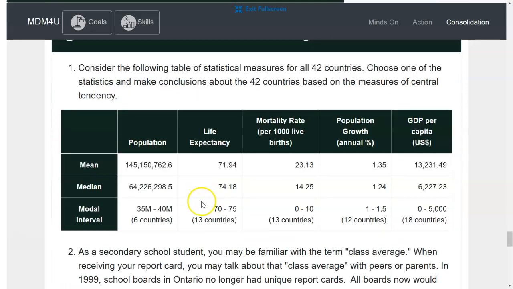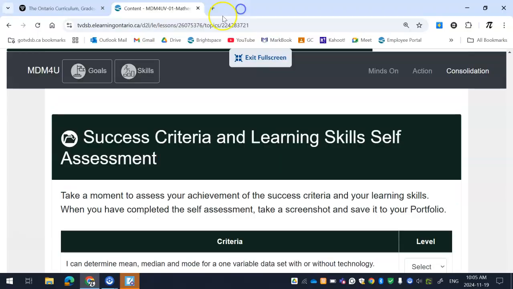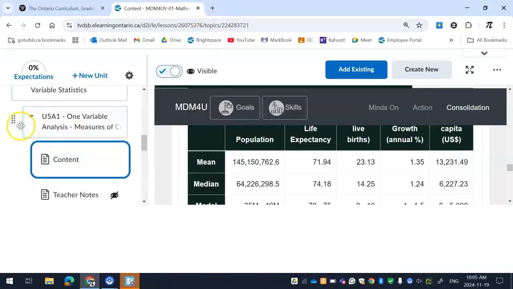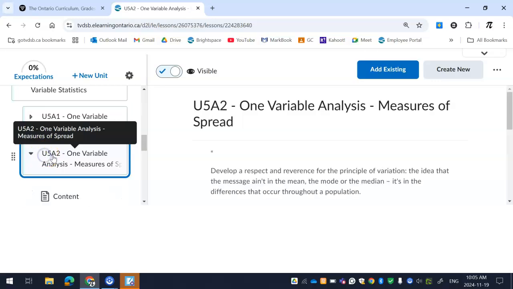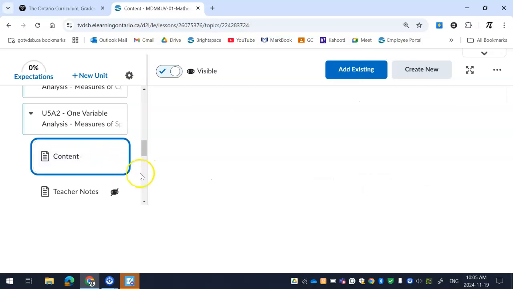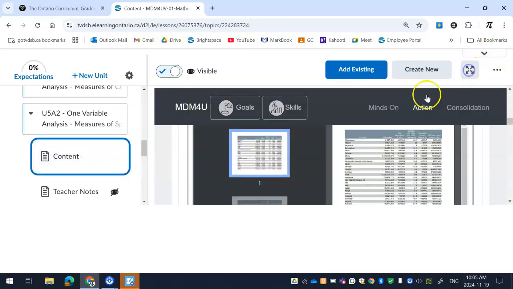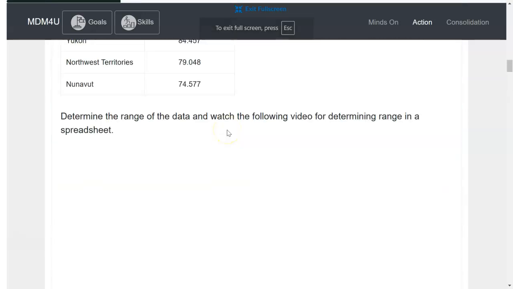So I'm going to keep going with the same video here, because that was quick. So let's go to 5.2, U5A2, and we'll talk more about spread. So this is going to be kind of new stuff here, but still one variable data. So we're only looking at one thing still,